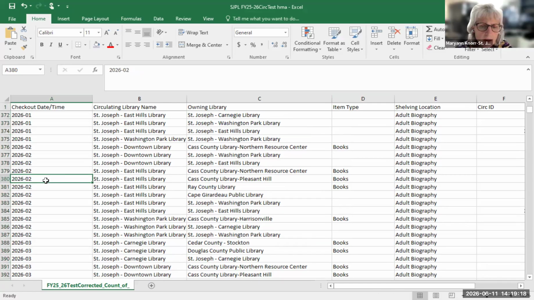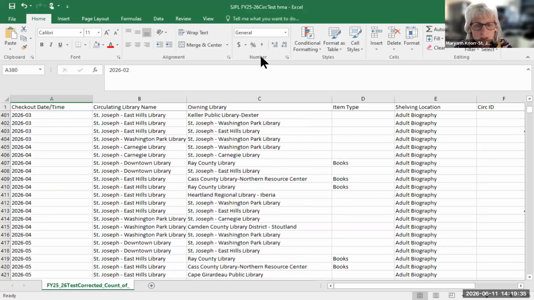Well, the only thing about the type is if you can't tell by the shelving location what it is, the item type may give you a clue though. I guess that would, yeah. That's what I noticed on some of them, because we don't have call numbers. If you're just looking at shelving location, what are we basing it on? I know, and it's different for everybody. In terms of the PLS,